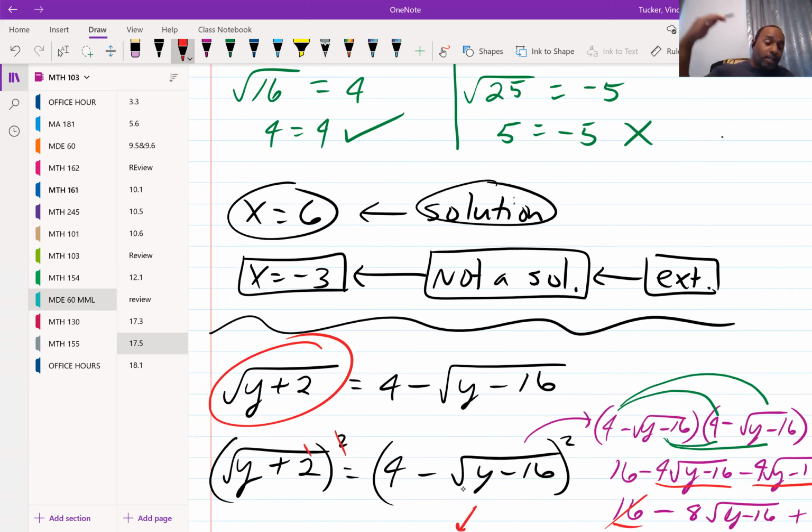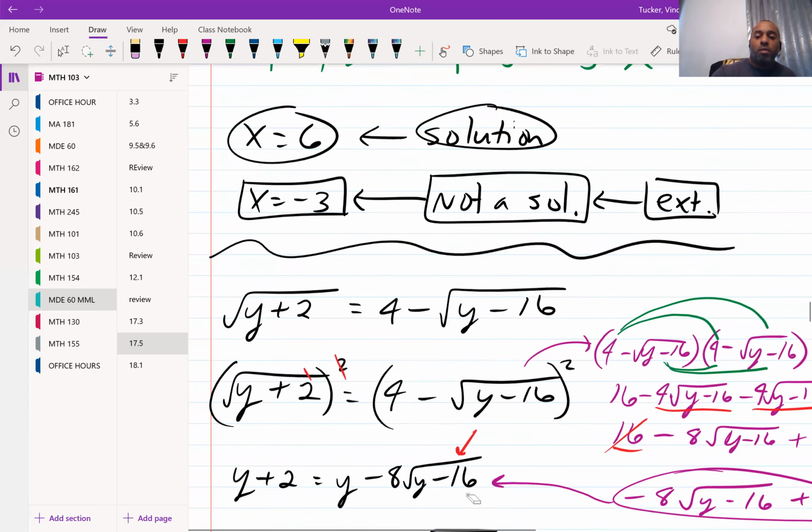We have one of our radicals isolated by itself on one side of the equation. So we're going to square both sides. That gets rid of the radical on the left, and that's going to leave us with just y plus 2. But then on the right,